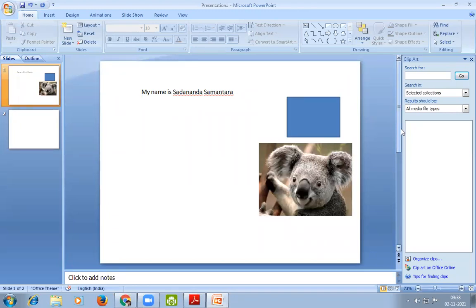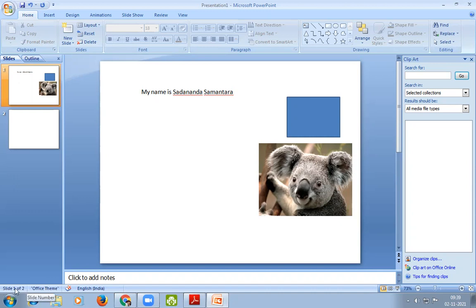Status bar is located at the bottom left corner of the window. It displays the number of slides and current slide number. Okay, here. So there are two slides, one of two. So this represents the number of slides and the current slide number. For example, there are a total of 2 slides here, where I am on the first slide.